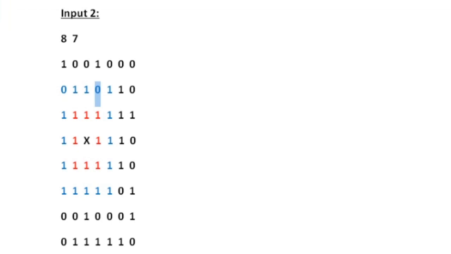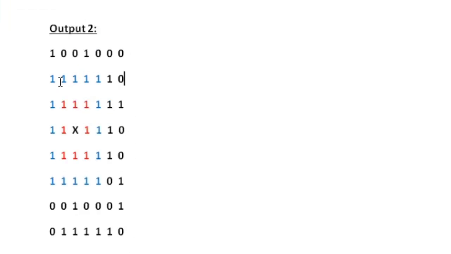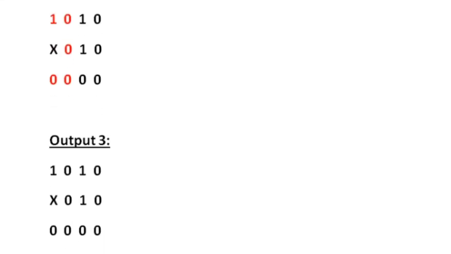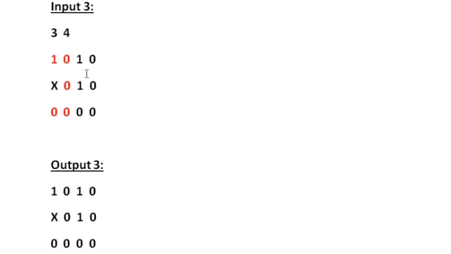So let us see our output. So here we can see that we are updating the zeros present in this blue layer to 1 and then printing the whole matrix. Now let us see our sample input 3. So here we are given a 3 cross 4 matrix. Here we are not able to form a ring itself. We are failing to form a first ring itself. So we are just printing the given input matrix itself as our output.